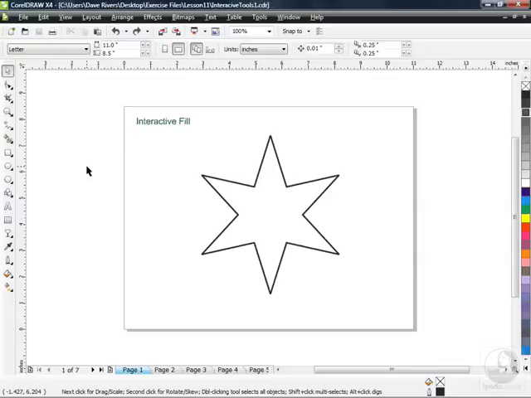So we're going to work with this file that I've already opened up. If you've got the exercise files, go to your Lesson 11 folder and open up interactivetools1.cdr. You'll see it's a 7-page file. I've got 1 of 7 showing up here because I am on page 1, which is where we're going to apply our interactive fill. So we'll go over to the toolbox over here on the left and go just below